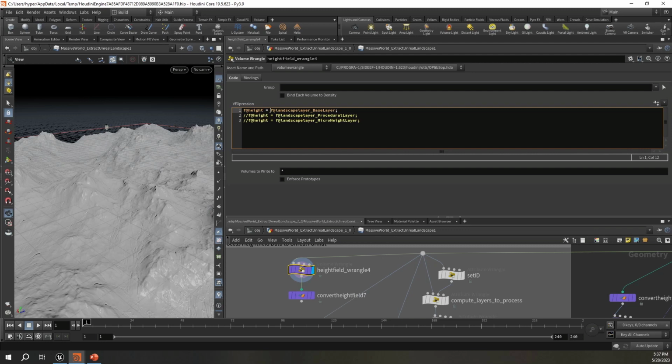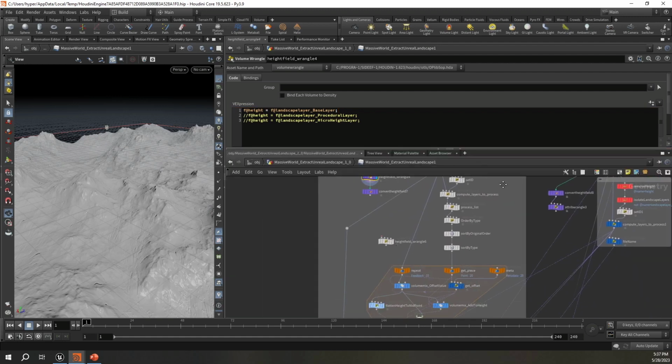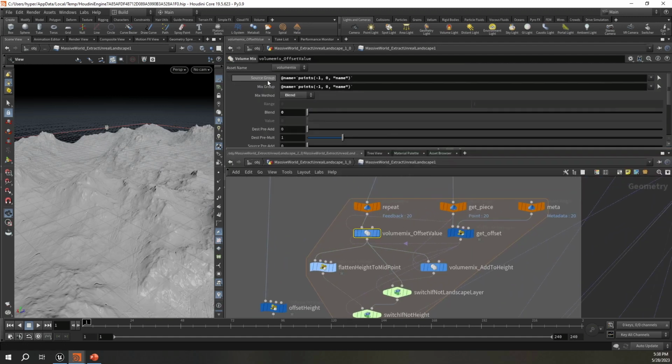If I don't know what the name of, say, this layer is, the base layer or whatever, I can either copy this layer to a name I do expect and then assign that. It's possible. You can use a height field copy and copy it to a layer like work layer 1, work layer 2, and then you can talk to it directly and later copy it back to the layer that you want. Or alternatively, you have to go in and talk to the layer using an attribute or an hscript command. Basically, we can say the name attribute is a particular name, and then we can use things like this volume mix here